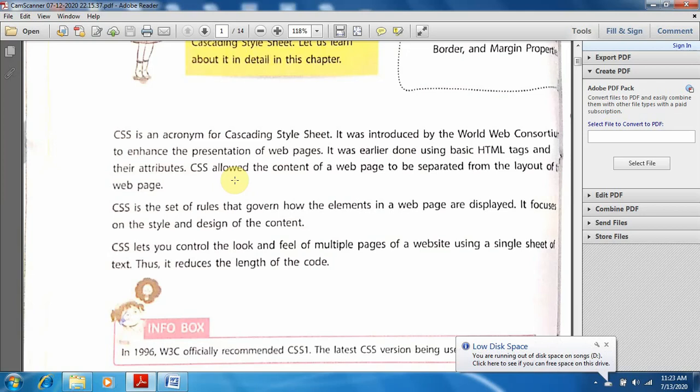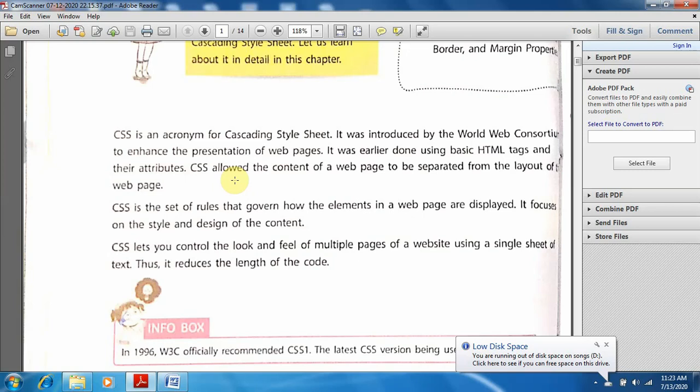It lets you control the look and feel of multiple pages of a website using a single sheet of text. Thus it reduces the length of the code. You can make multiple pages of a website attractive using a single sheet of text.